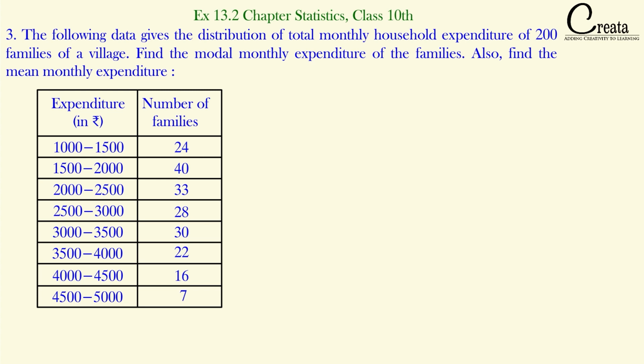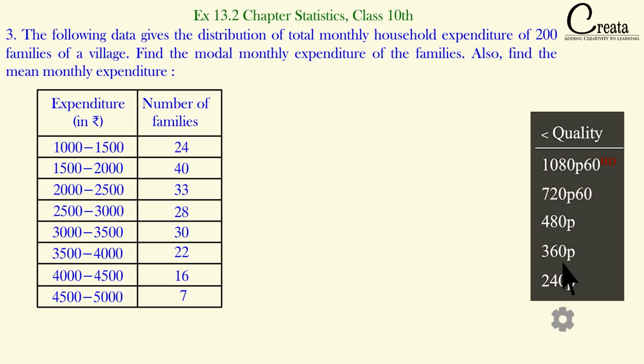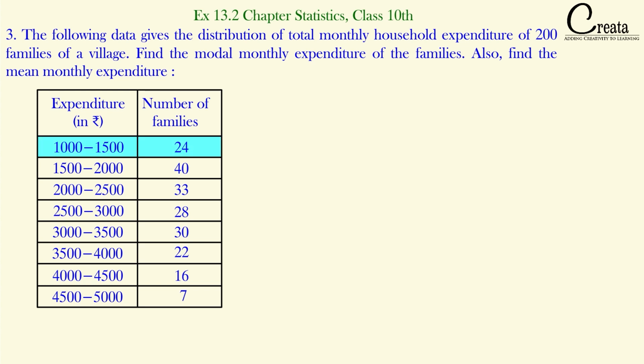The data is given with respect to the number of families and their expenditure, that is, how much these families are spending in the month. The expenditure is given in rupees. For example, 24 families are spending in the range of 1000 to 1500 rupees monthly. On the larger side, 7 families are spending in the range of 4500 to 5000 rupees monthly. These are the ranges given in the question, and we have to find